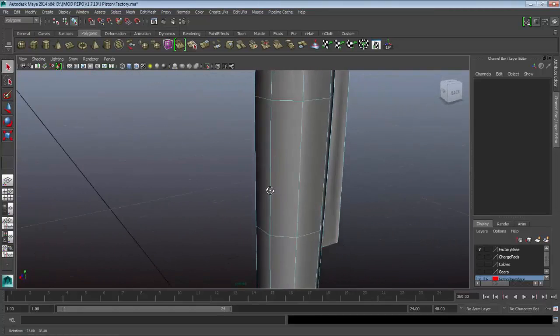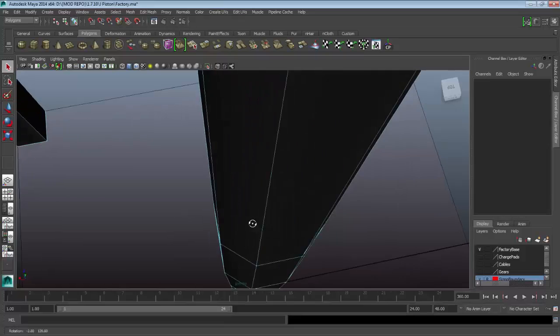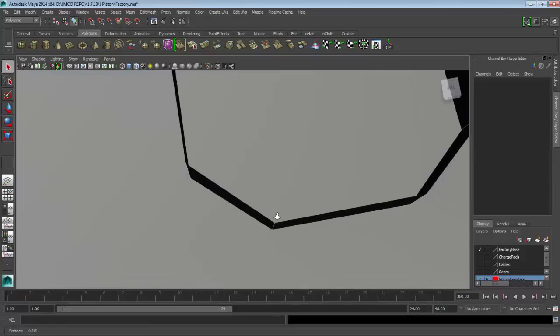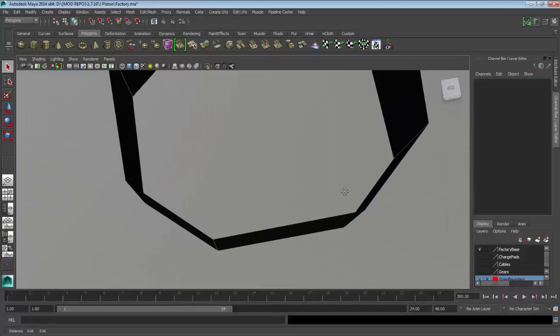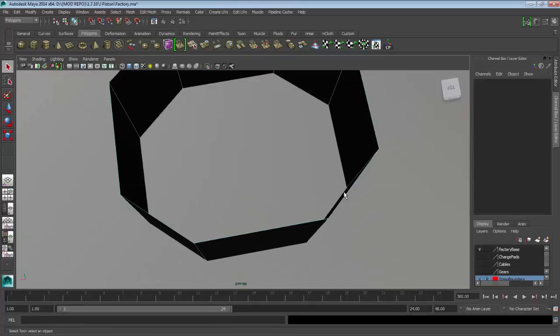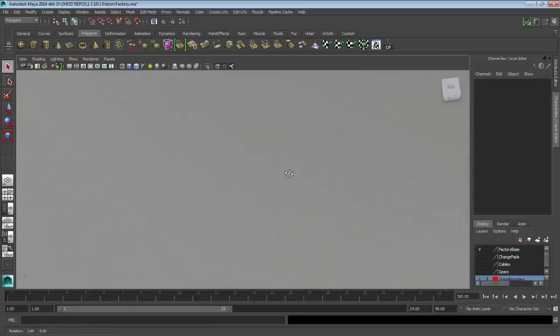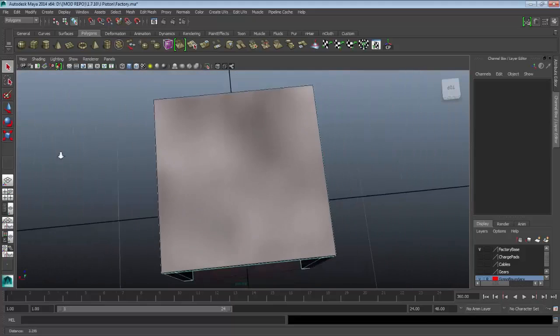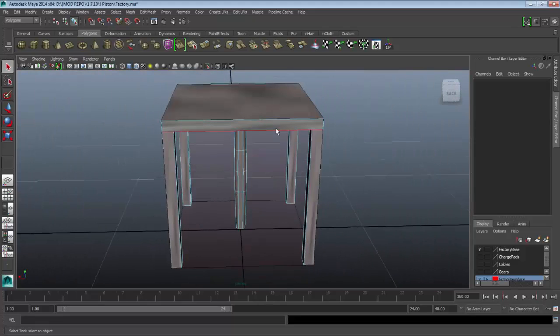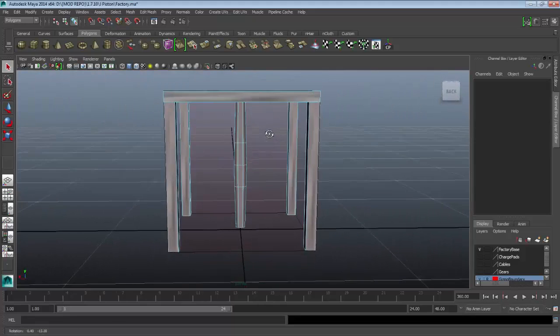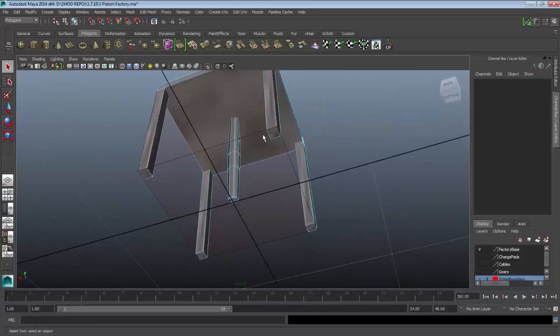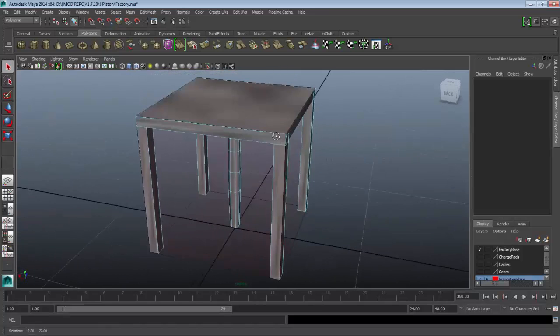On the other side, on top of this guy, if I can penetrate it a bit, yeah, you see it here now. There is no face here. Why is that? Well, it sits inside this edge, okay? It sits inside this edge, inside this face, I should say. There is no reason to have an edge there to be rendered. Same things for these guys. These guys are legs, but